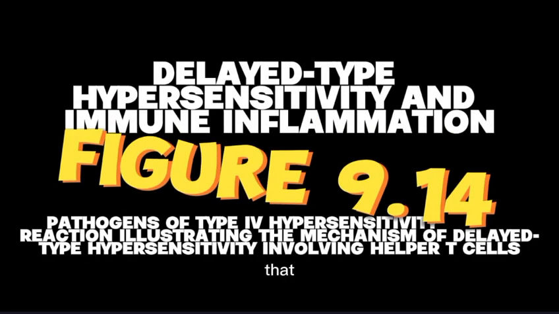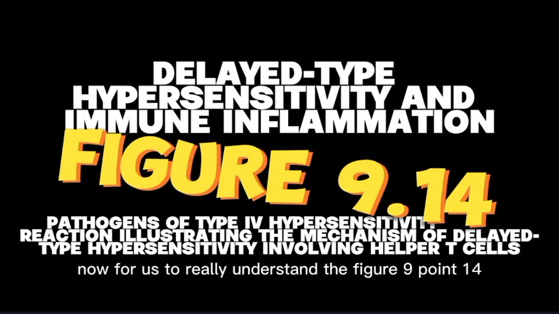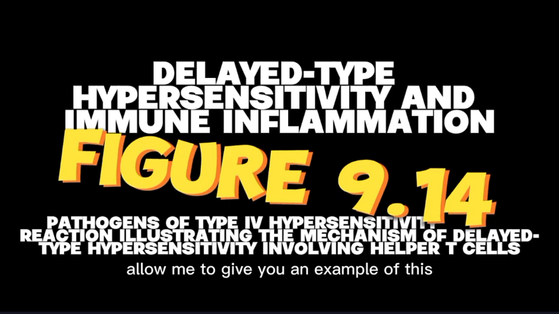As a recall, type 1, type 2, and type 3 hypersensitivity all involve antibodies, meaning they are humoral-mediated responses. In contrast, type 4 hypersensitivity does not involve antibodies, meaning it's not a humoral-mediated response. It's a T-cell-mediated response. And now for us to really understand figure 9.14, allow me to give you an